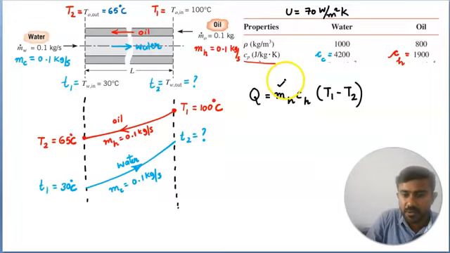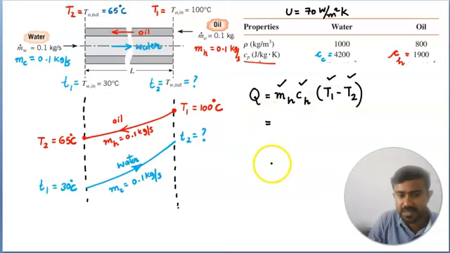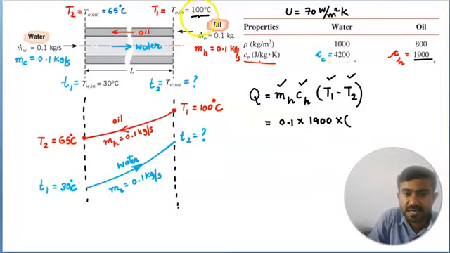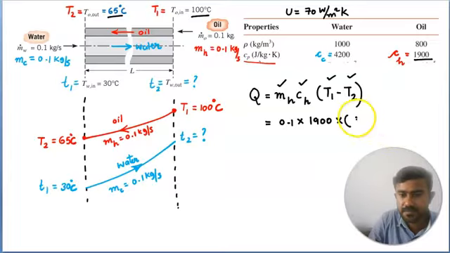Because I know all of them, I know the mass flow rate of the hot fluid, I know the specific heat from the table, and I know both the temperatures for oil, it's given. So I can use this equation to compute the heat transfer rate. m_h is 0.1, c for the hot fluid is 1900, and the temperature difference is 100 minus 65,